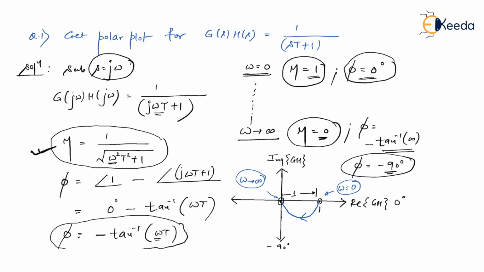Obviously, why the curve is coming here and why the curve is not going over here, we can have a detailed discussion, but then it really takes unnecessary time. I'll tell you, in between for a particular value of omega, you may get angle somewhere as minus 45 degree. So this minus 45 degree comes over here and you get certain magnitude also here. That can be verified later by taking some intermediate values of omega also. So definitely you have to always remember that whenever you are asked to join 2 points, you have to join those 2 points in polar plot in a clockwise direction only. So you can remember this way.